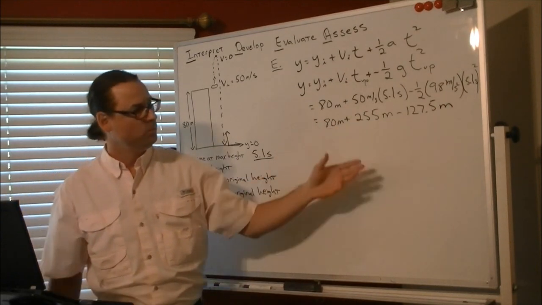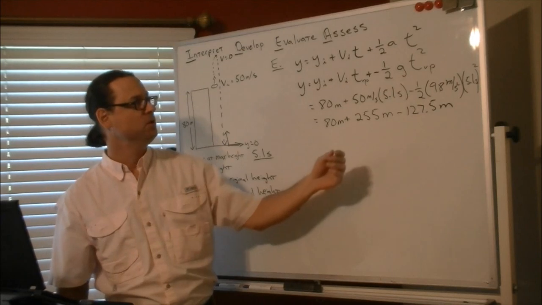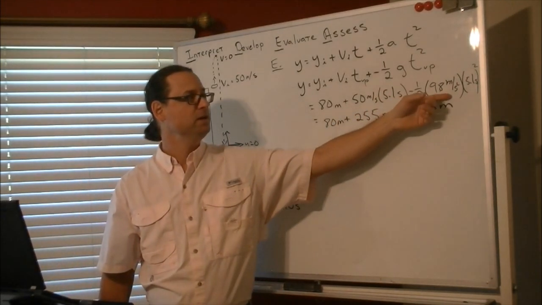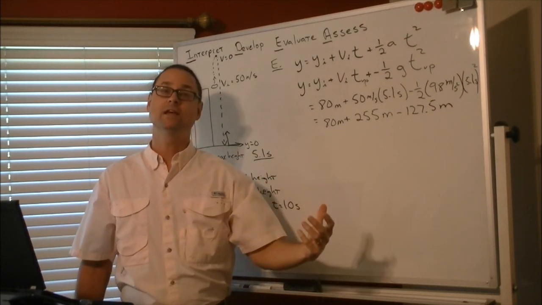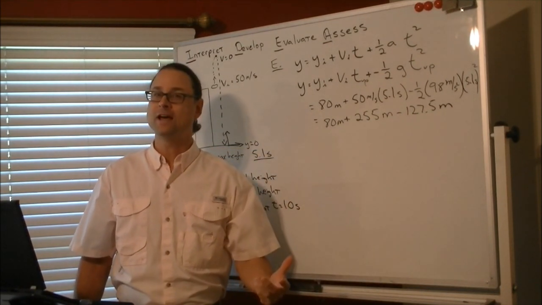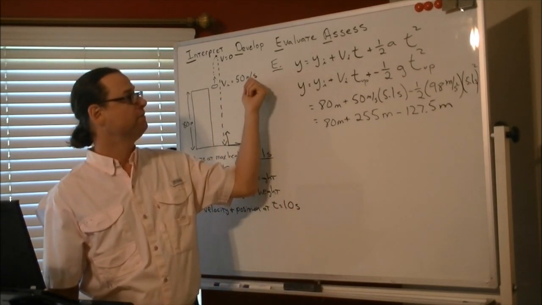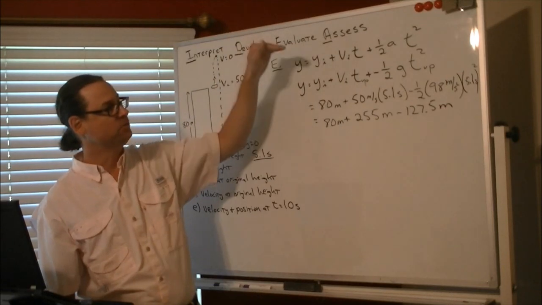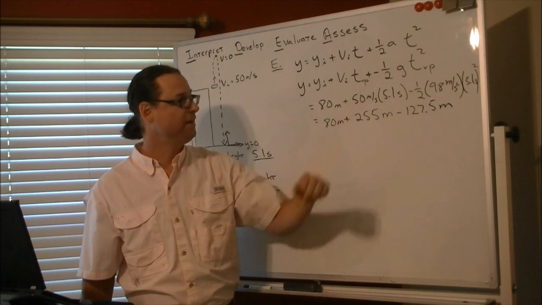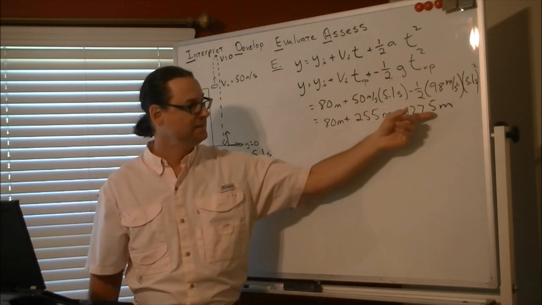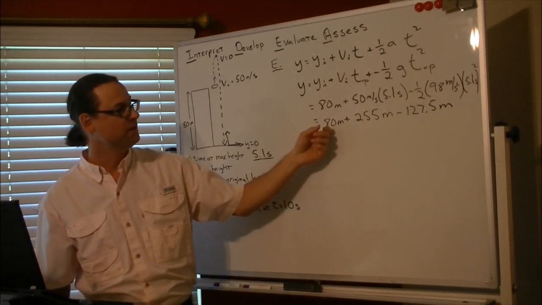And when you work enough of these objects thrown upward type of problems, one of the things that you note is that the reduction in the height that you gain is always half. And this is related to the fact that the average upward velocity is half of the initial upward velocity if you start at 50 and you end at a velocity of 0. So the average velocity on the way up turns out to be 25 meters per second. So we're expecting this term to be half of this term, which helps in our assessment,